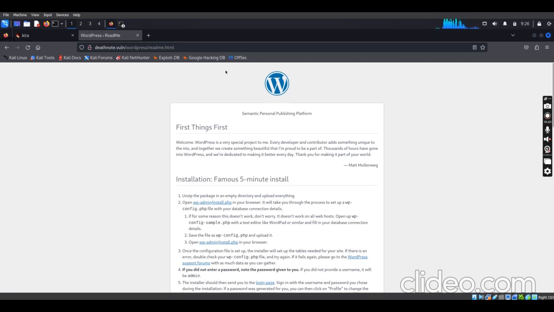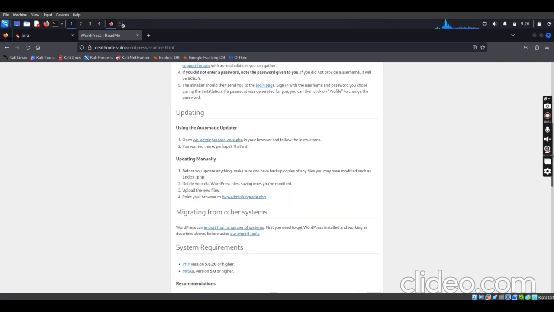From this README, we can see different sets of instructions, showing the installation instructions and everything. If you go down, you see system requirements. You could see that the system requirement is PHP version 5.6 or higher, and so on and so forth.